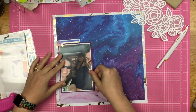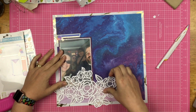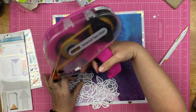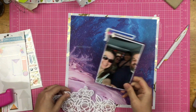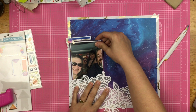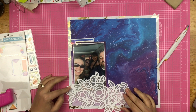The photo sticks to the label sticker, not the label sticker sticking to the paper behind it. And I'm trying to figure out where to put this cut file. And the cut file is just something that I got at a retreat, and it is backed with vellum. Now, in complete and utter honesty, something that I never do is redo a layout, but this cut file was